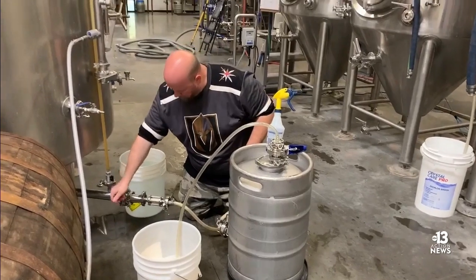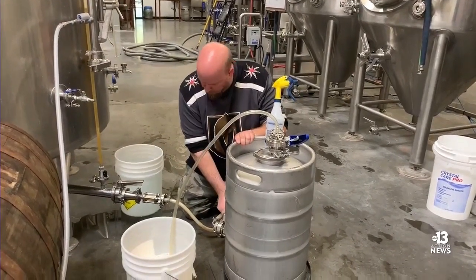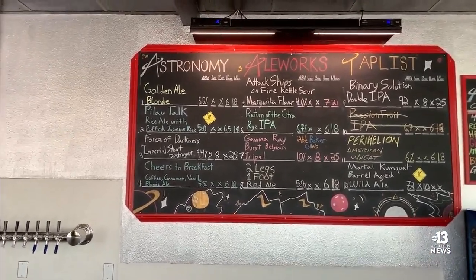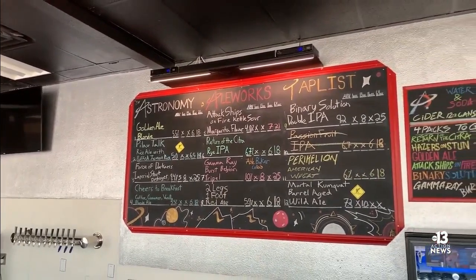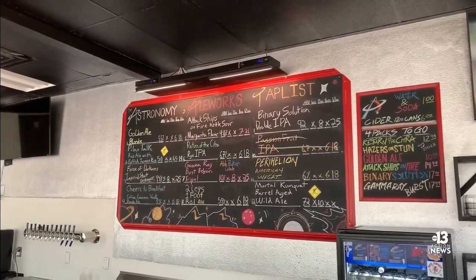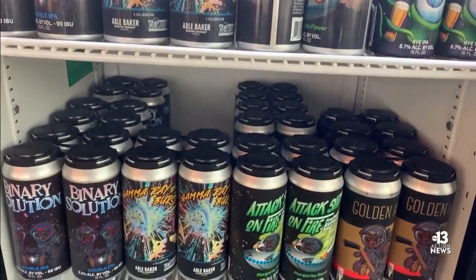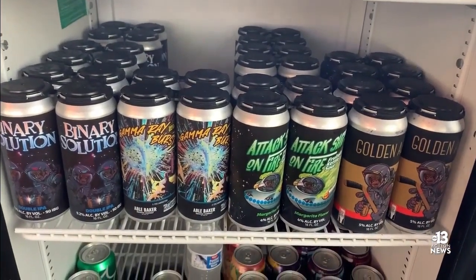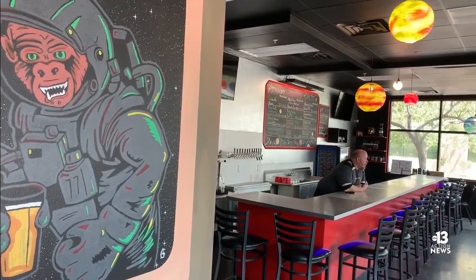Brewer and founder Matt Brady says he is always up for cooking up something different, but beer fans can enjoy a solid variety from a golden ale to the return of the Citra Amber Pale Ale. Our two biggest sellers right now are the Golden Ale, which is a blonde ale. We put that all across the valley in cans and in tap. And the return of the Citra Rye IPA. It's a rye IPA, West Coast style, 6.7% alcohol. Very strong, very good. Guests can enjoy all of Brady's beers while taking a trip to outer space in the